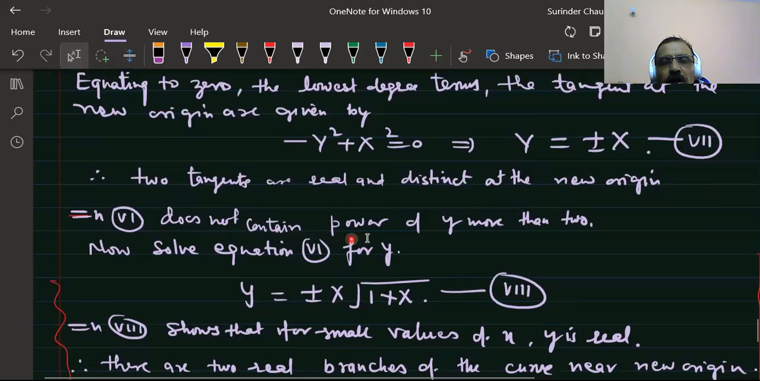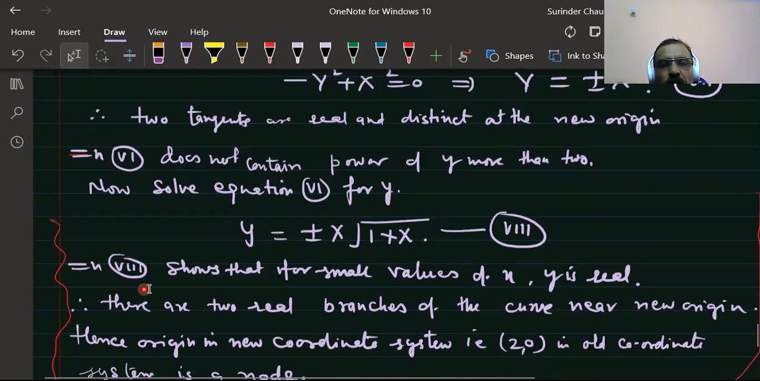Equation 4 does not contain a power of y more than 2. Therefore, we can straightaway solve for y: plus or minus x times the root of 1 plus x. Equation 8 shows that for small values of x, y is real. Here x means the origin, (0, 0), of this new point. So for small values of x, x is very small,